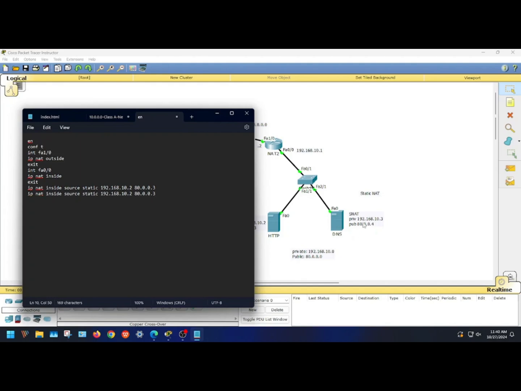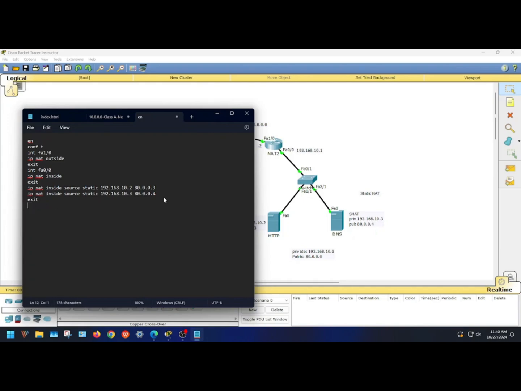And we also have another server, whose private IP is 10.3 and its public IP will be 80.0.0.4, as we have planned earlier. So if there are more devices, we have to allocate IP addresses for those devices in the same way. And after that we will write exit, and from there we can